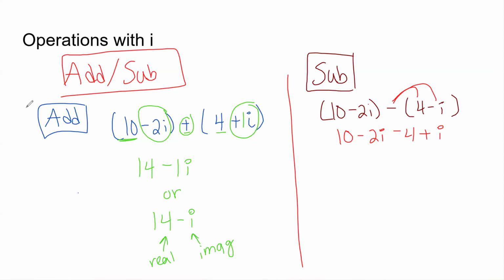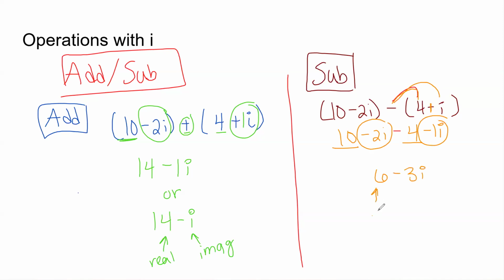So let me go back. On the first problem, this was a plus right here. So let me do that again. Distributing the negative, this would now be negative i. 10 minus 4 is still 6. Negative 2 minus 1 is negative 3i. And again, real,